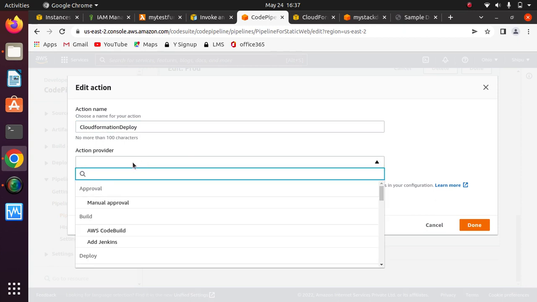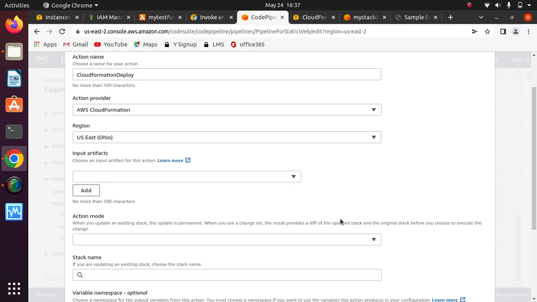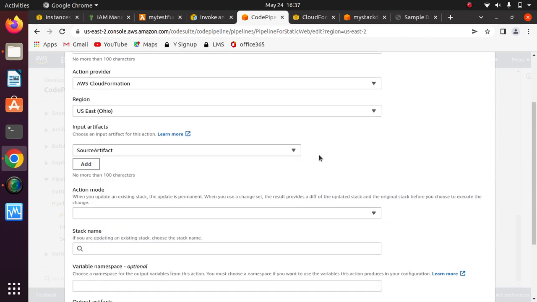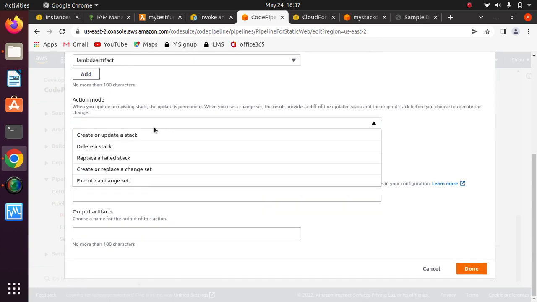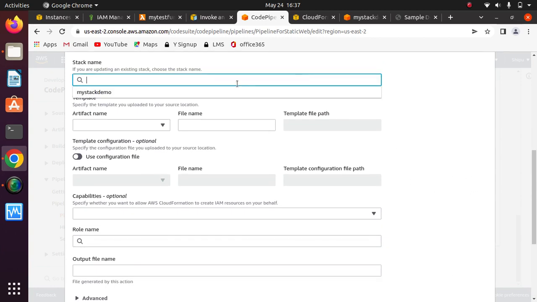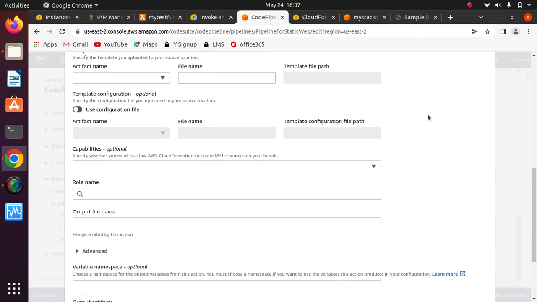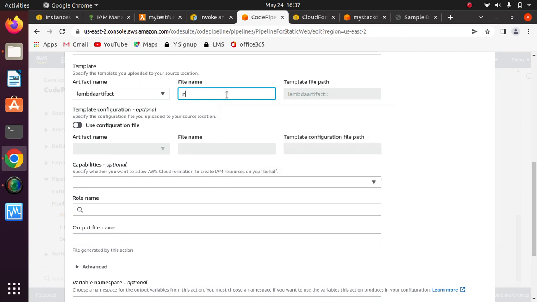Okay, now this is CloudFormation. Now input artifacts, I'm taking the lambda artifact. Then the mode is create or update stack. The name of the stack should be new stack. I'm giving a new name. Then artifact should be this, and deploy.yaml,